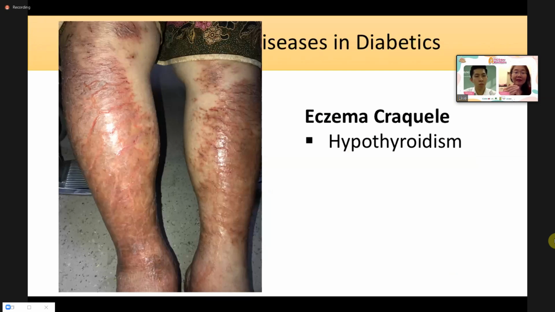So when you look at that, the skin is actually very dry. It's a condition called eczema craquelé, and it is actually caused by hormone problem. Another hormone problem is what we call a lack of thyroid. Thyroid is actually a gland on your neck that produces thyroid hormone. If you lack that, we call that hypothyroidism, and that can lead to a very severely dry skin. So the patient has undergone treatment. We treat it to reduce